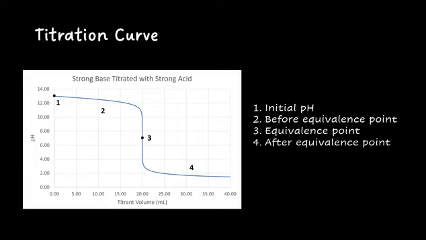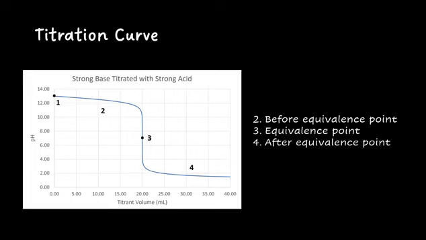There are 2 points and 2 regions of interest on this titration curve. However, because there is no millimole table involved in the calculation of initial pH, we will not consider it any further here. So we have 3 possibilities. Before the equivalence point, which is the region between the initial pH and the equivalence point; the equivalence point, which corresponds to the specific volume of titrant giving reaction completion; and after the equivalence point, which is the region beyond the equivalence point, also called excess titrant.